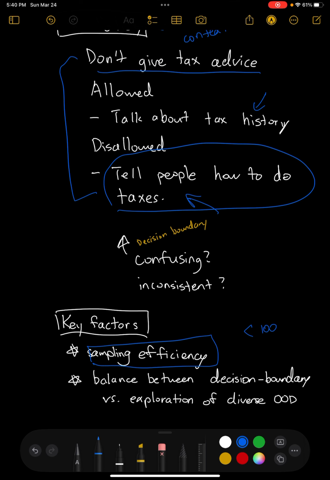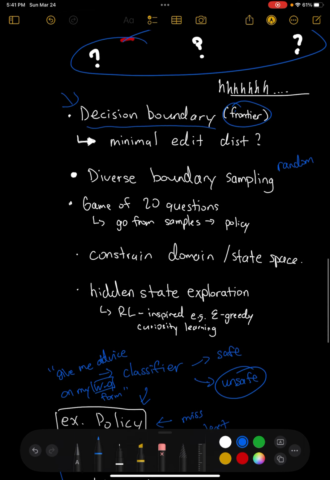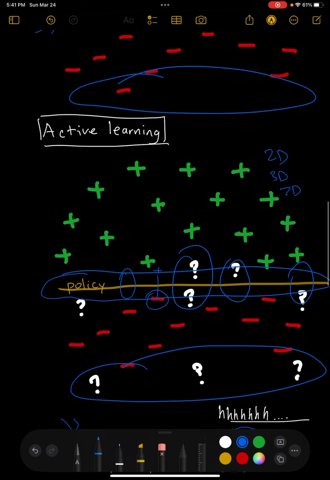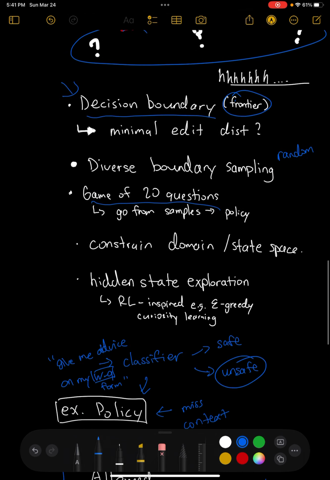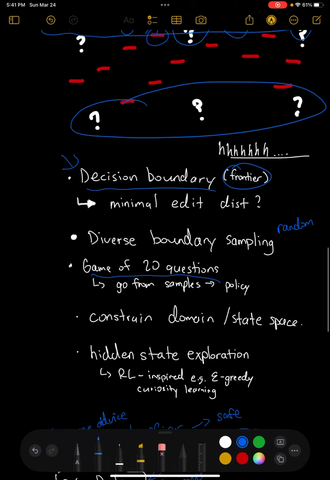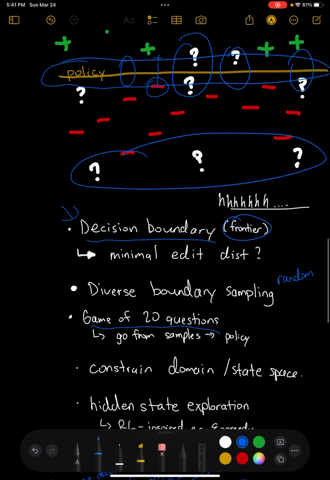And then there's also this thinking where we have this game of 20 questions inspired example, where instead of trying to go from a classifier based on this policy description first, and then generating data points, we go in the opposite direction. So first we ask the humans to give us a bunch of examples of data points, and then we generate a policy for them. This is something that Blaze is working on, but it's inspired by the game 20 Questions,